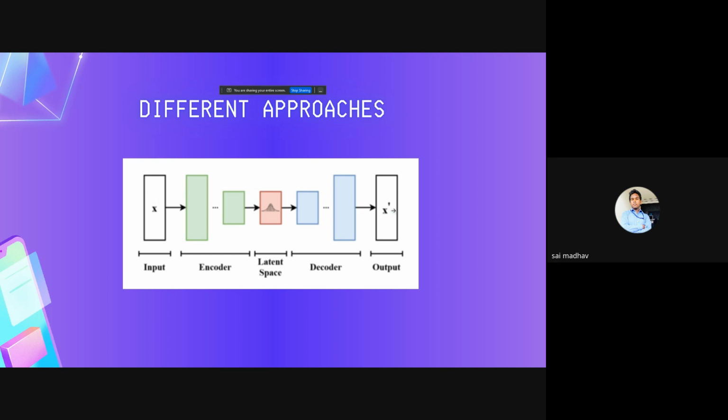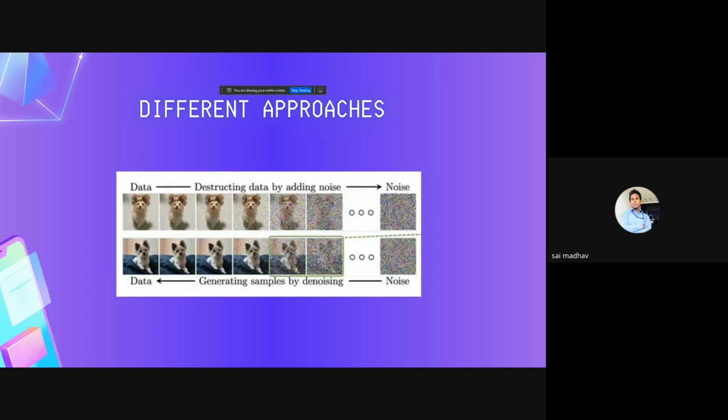In this network, whenever you give any prompt, it will start from the latent space. It will first generate a latent space. From the latent space, the decoder network will automatically decode that latent space, then finally generate the image. So these are the two approaches. And the final approach is